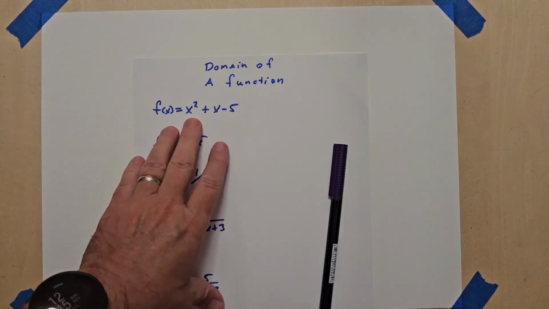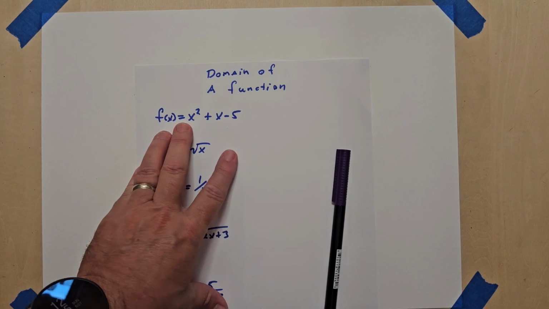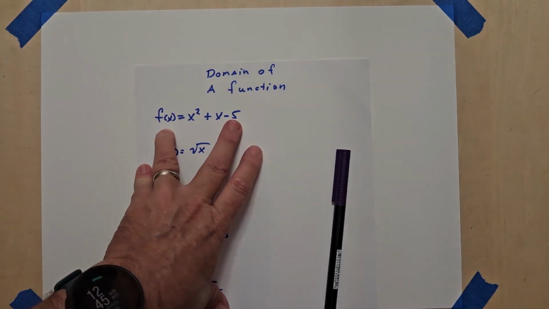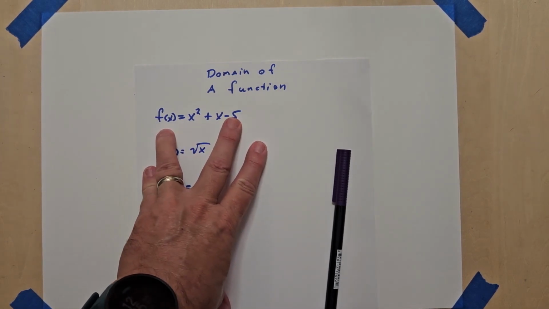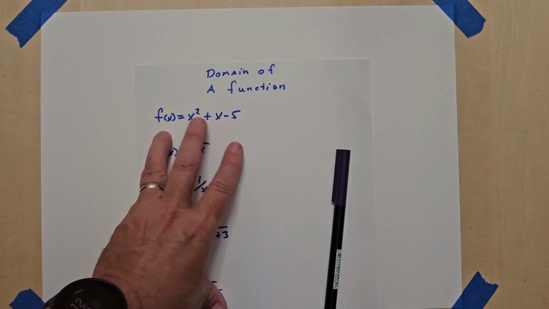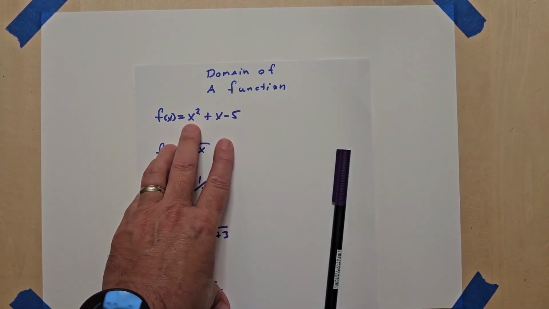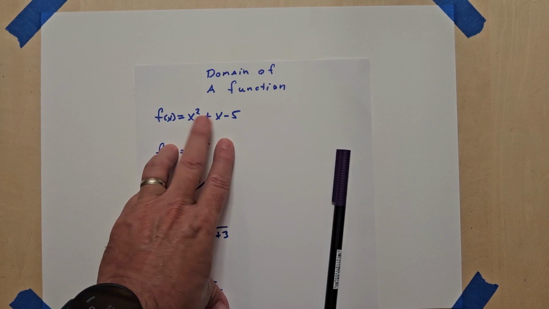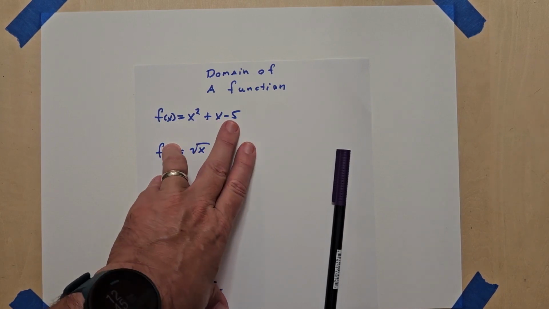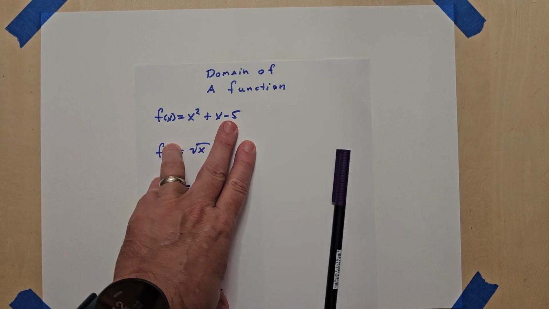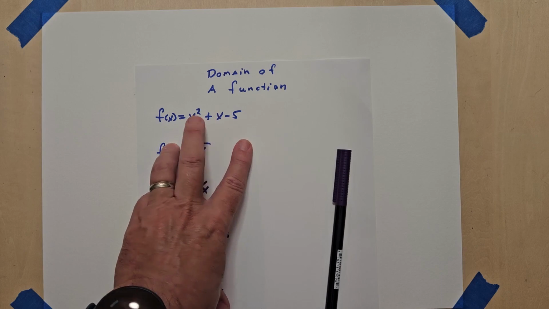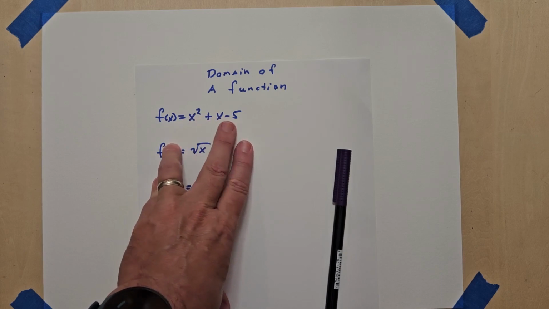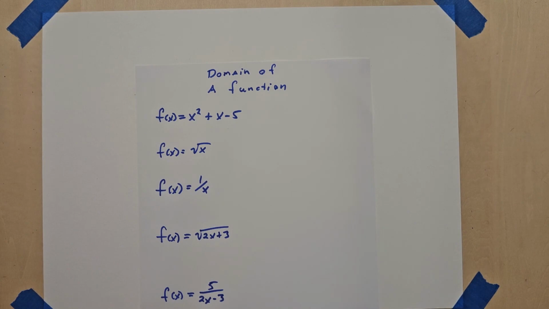So in this first equation, we look at each of the operations. We're squaring, adding, and subtracting. None of those operations result in an undefined situation when dealing with real numbers. In other words, any real number that we want can be squared. Any two real numbers can be added, and we can certainly subtract 5 from any real number and still get a fine number in the set of real numbers. Nothing's going to be undefined when evaluating numbers in this function. So for that reason, we would say that the whole set of real numbers,